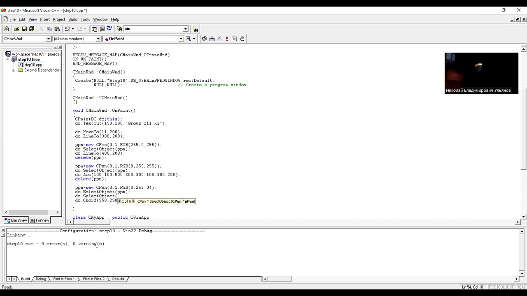Okay, the brush. It is possible to change the background, instead of the default white. For this purpose, do you see we have a special brush class, CBrush class of MFC, pointer to the brush. So that is like we